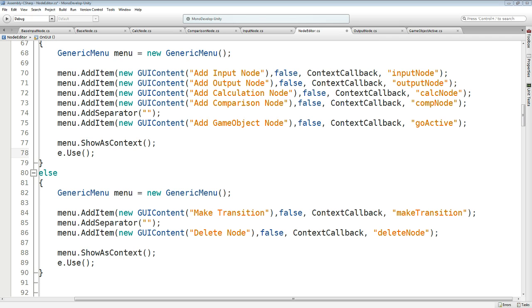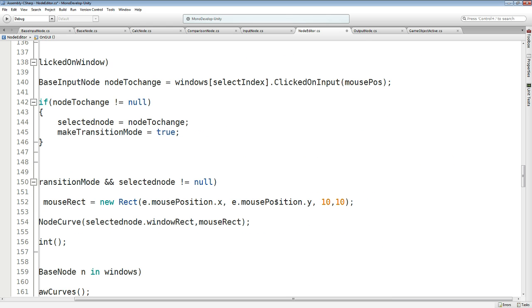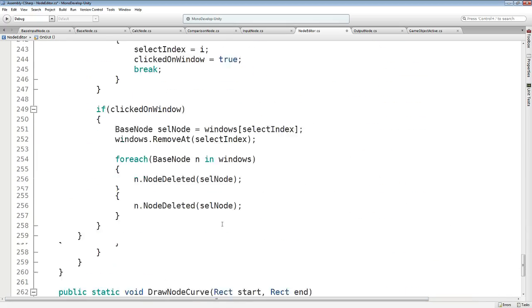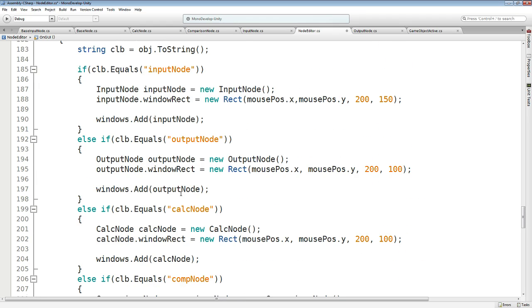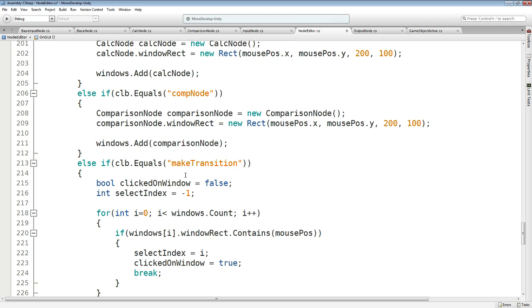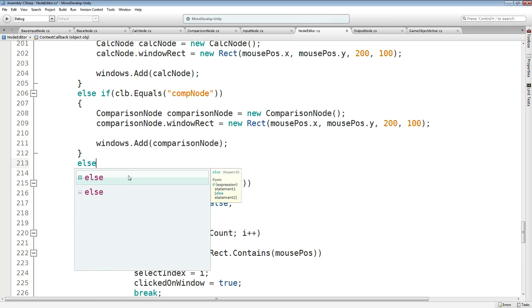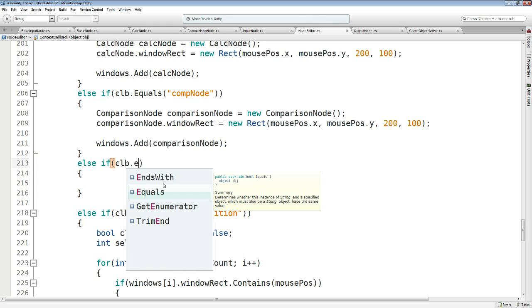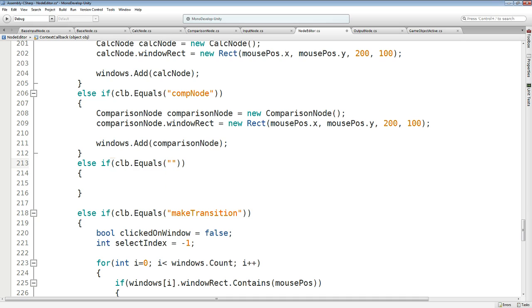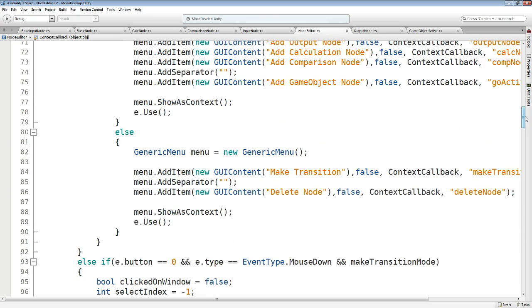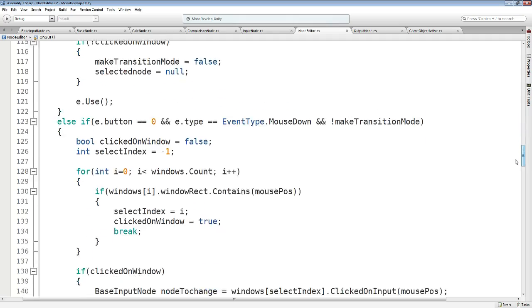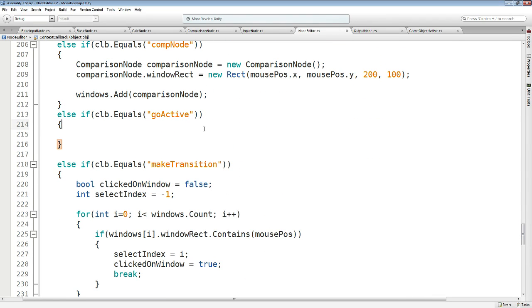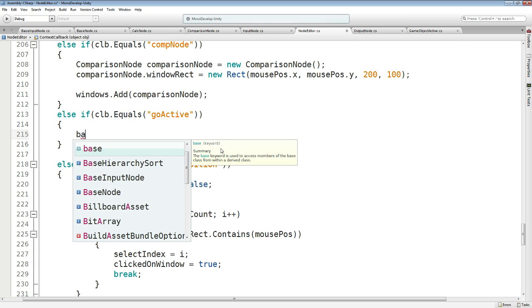and after that we can go to our else if statements, to our context callback input. Let's put it to the correct position, else if, and over here we'll say if our callback dot equals go active. Let's make sure that this is the correct string, so I just copy paste it. Go active, game object